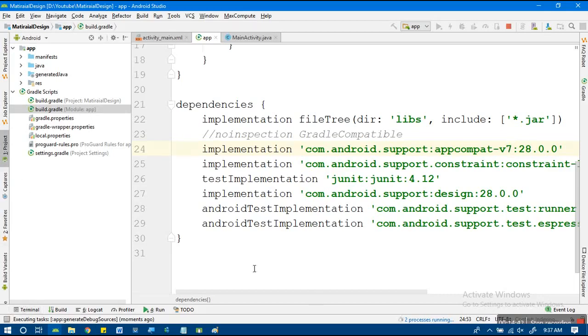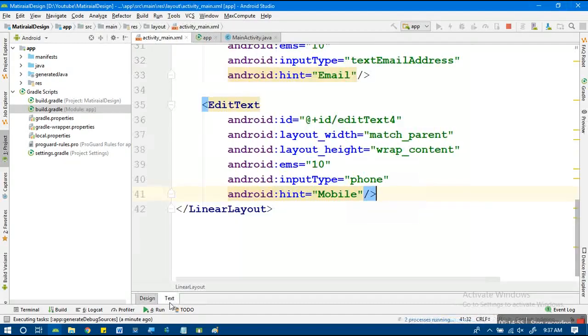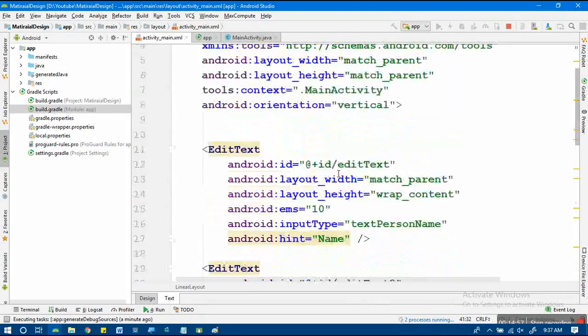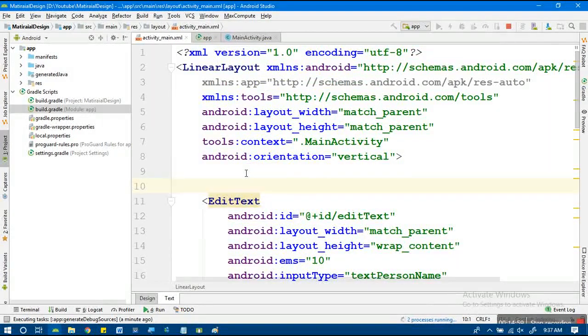Still this is in progress. Once it is done, depending on the net speed, since the Gradle build depends on it, we'll go to the code. For each and every edit text, I'll add one more extra thing, that is the TextInputLayout,